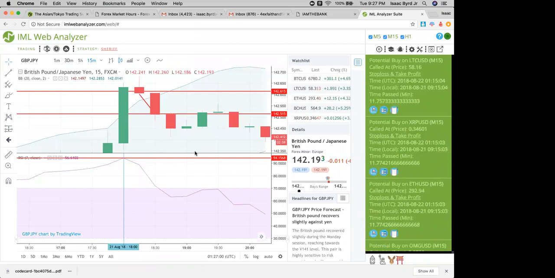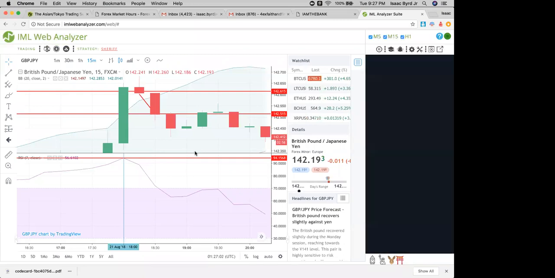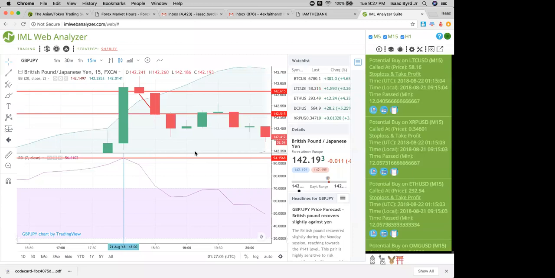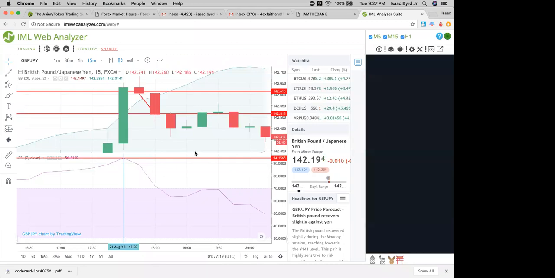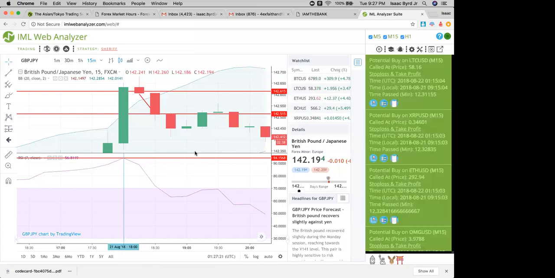The first thing we want to identify is if the RSI is above 70, then we know it's going to be a sell. That's the first thing we look at. And if it's below 30, then we know that position on that currency is going to be a buy. Then as we look at the chart, we can also do additional confirmations to ensure that we're positioning ourselves in that trade properly.